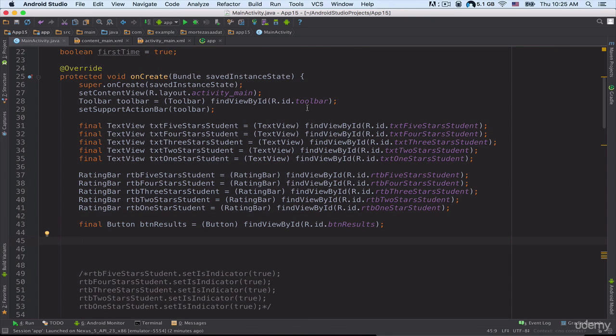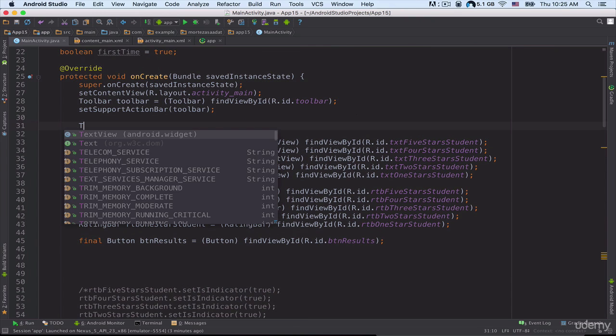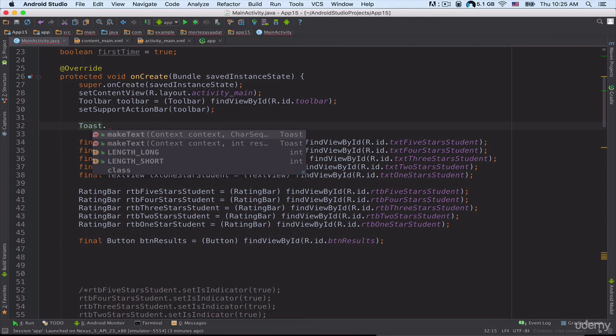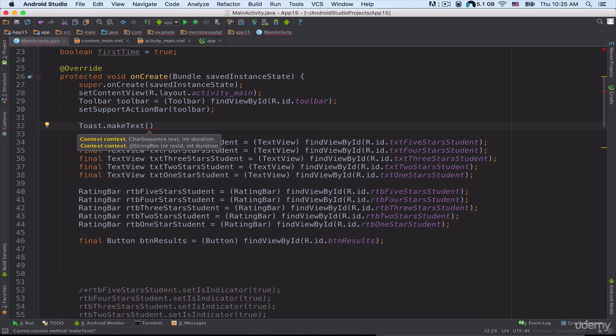Here inside of this onCreate method, I can type Toast.makeText. Here we need to specify three arguments. For the first argument, type this, comma, and then we need to specify the text that I want to show to the user. So I put in 2 double quotes. As you can see, the type of this parameter is CharSequence. So in the 2 double quotes, I can type onCreate method is called,